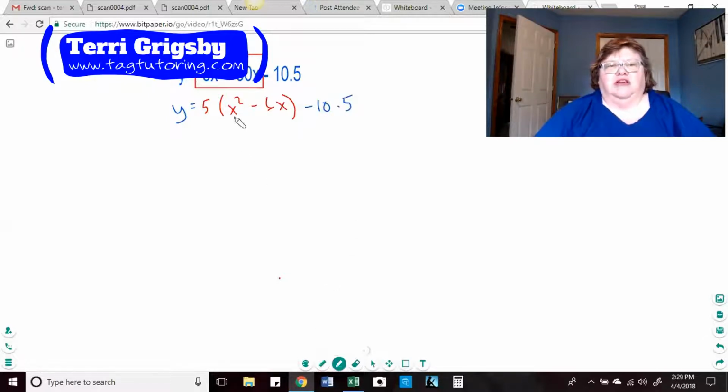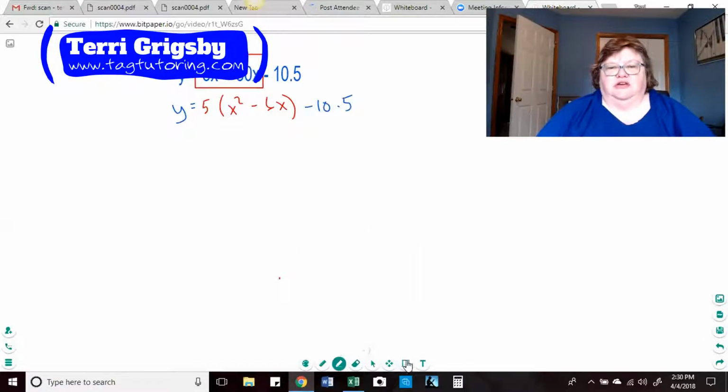Now, if you look at what's in the parentheses now, x squared minus 6x, that is not a completed square. And a lot of people think it is, and they're done, and they're ready to move on. But you haven't completed the square yet. All you've done is factor out the 5. Okay, so now what we want to do